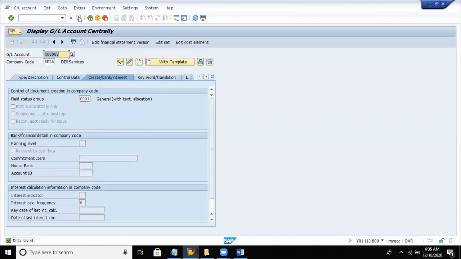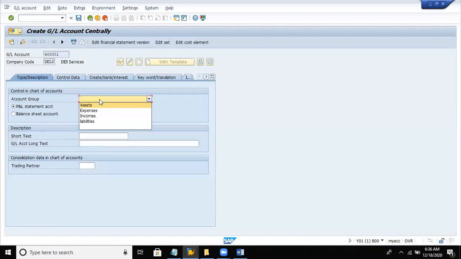Okay, so we have successfully created all the 4 ledger accounts, right? So let us try creating another expense account. So 400001. The next sequence number we are going to follow. So click on type description tab, account group expenses, P&L account statement.